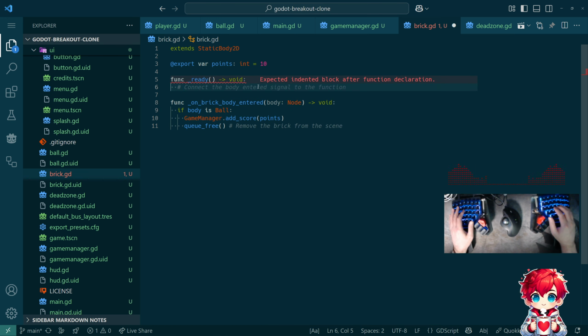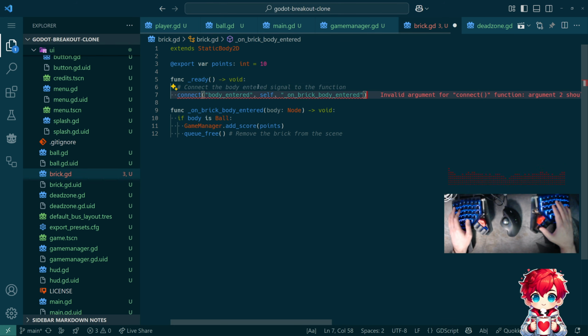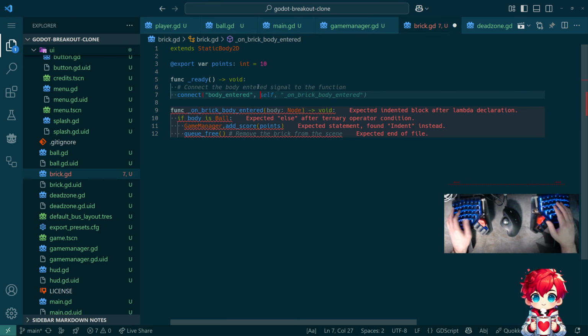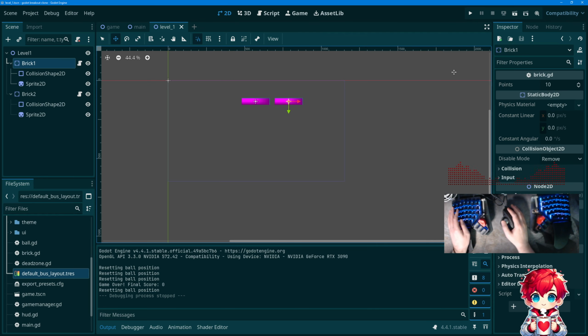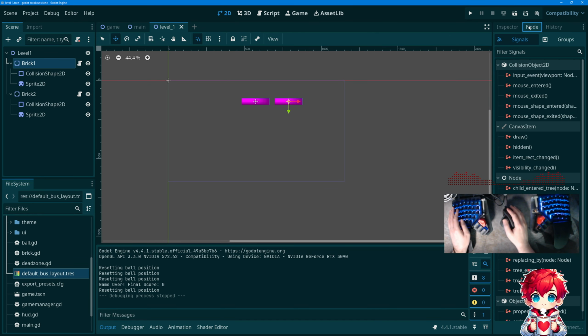I'll make Copilot write it. Connect the body entered signal to the function. It even wrote the comment for me. Such a mind reader. Of course, this is the wrong syntax. It's just like on brick body entered. There we go. Okay, so now I don't have to go to the node and then find the